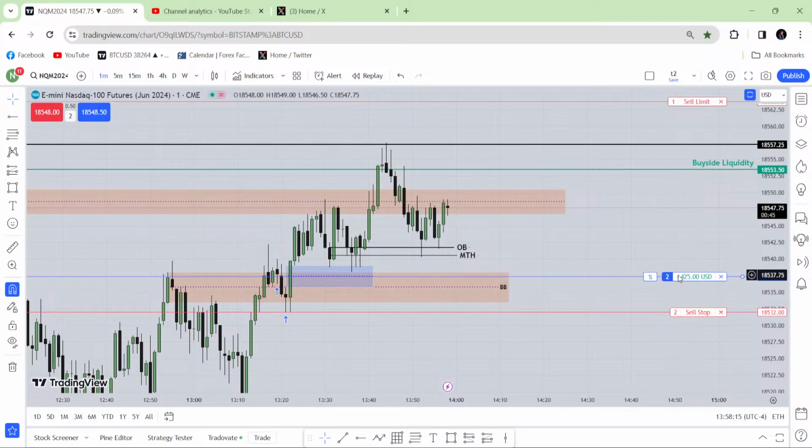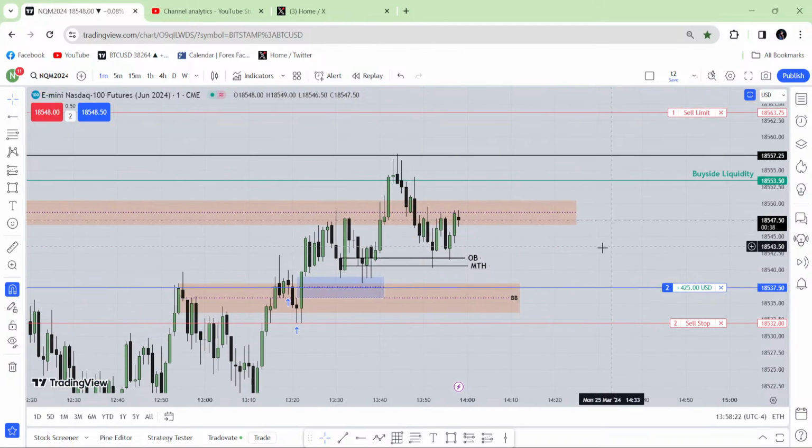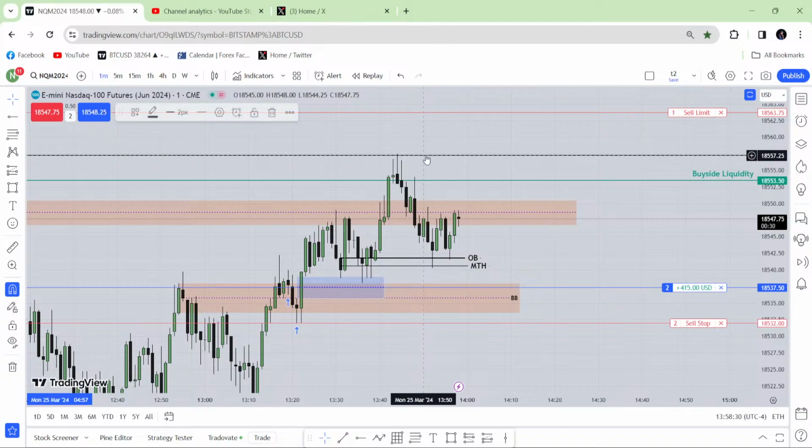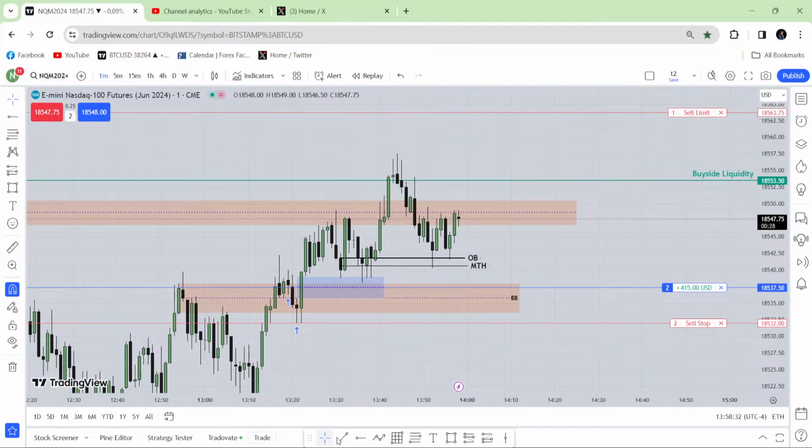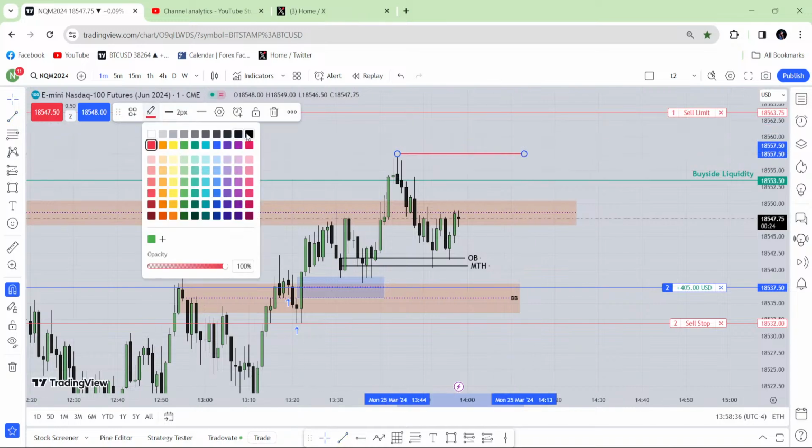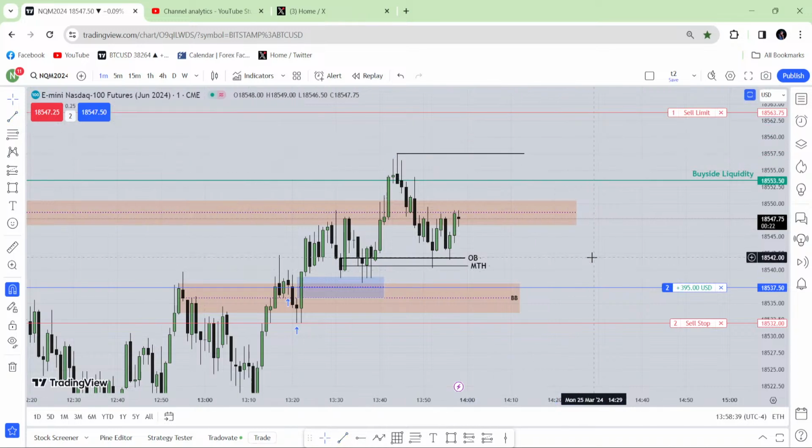Instead of that, I will be glad to take a 5 handle loss. I'm really okay with that. I just can't put it over there. All I have to do is, when I can, put my stop loss to the break even. If market can go above that high, let me remove that rejection block. If market can close above that high, then I'll be able to put my stop loss to the break even. Otherwise, I can't.